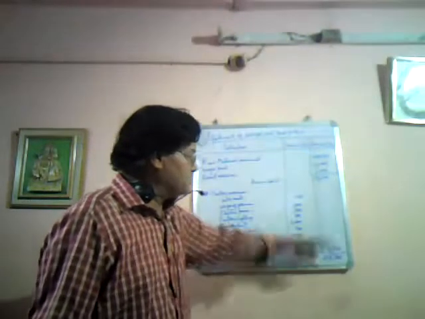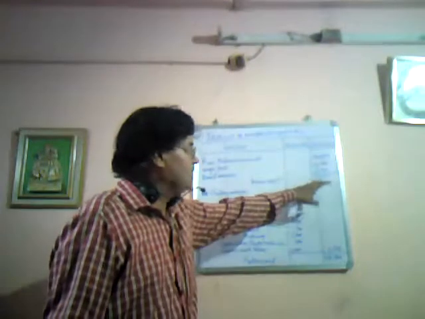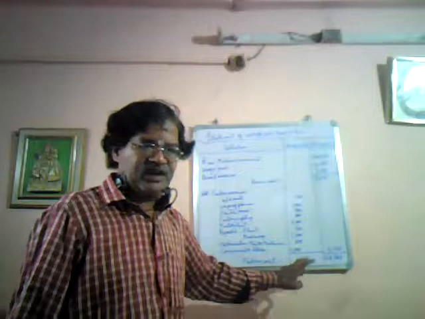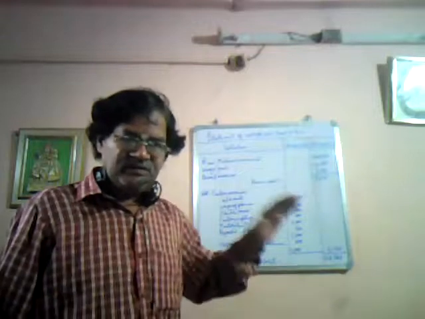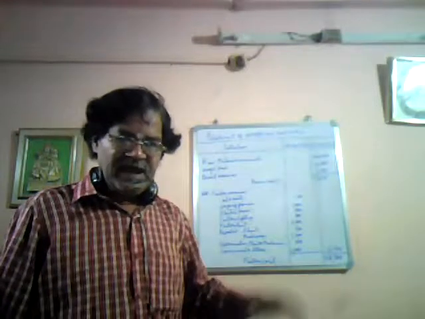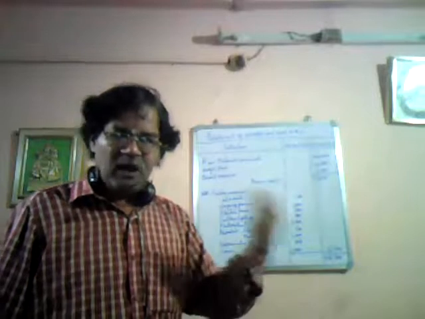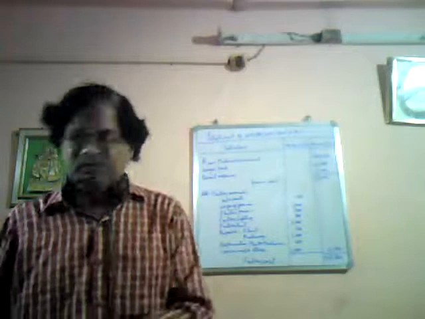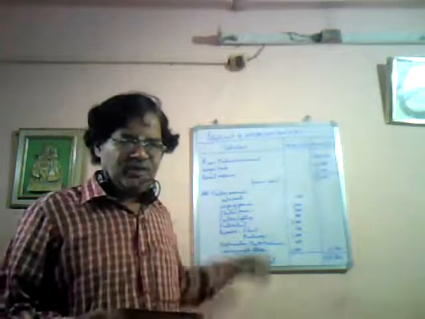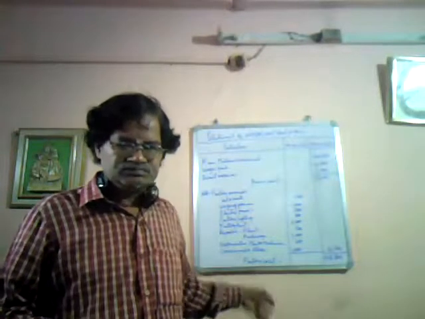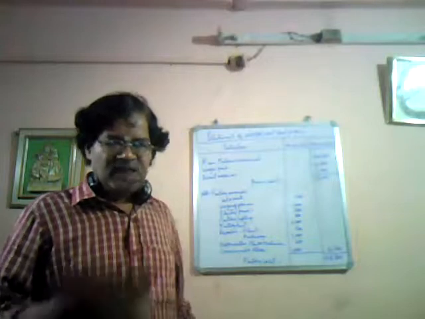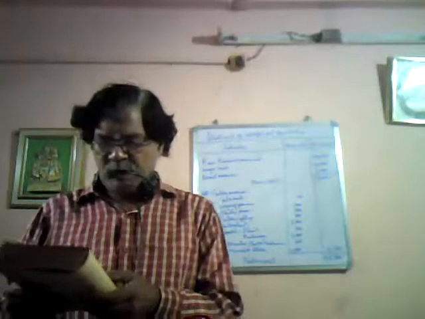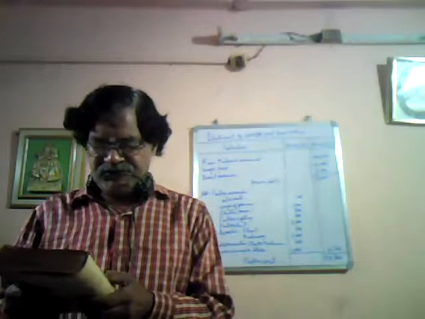And you have to add this 6,500 factory overheads to the prime cost. Thereby, you will come across factory cost. That is 58,500. This is nothing but the factory cost that we come across. And to this, we have to add the office and selling expenses. One by one, I am going to tell all the office expenses. As the board is very limited, I cannot extend. So I am just reading what are the office and administration overheads.